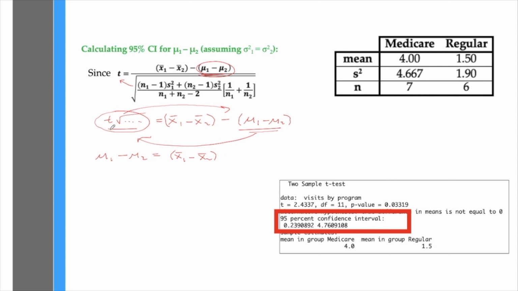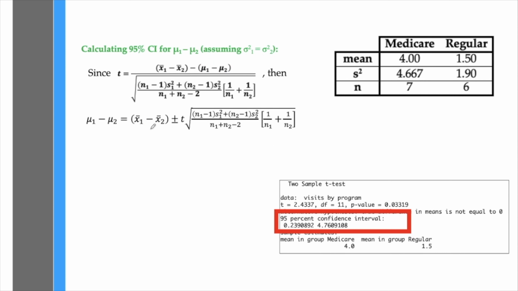And then this value of t, plus and minus, as we know, since t is positive and negative for two-tailed tests, times some square root here, which is the standard error of the differences. So that gives this formula. And substituting similarly x sub 1, x sub 2, n sub 1, s sub 1, n sub 2, and s sub 2, using these values,